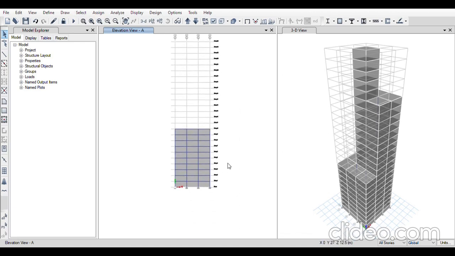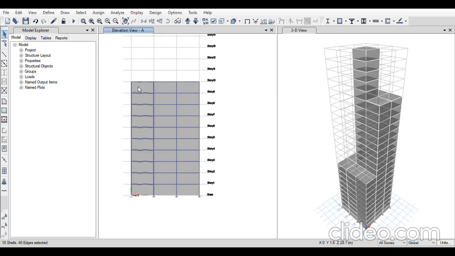Now this is the windward side. Now I'll select these shells and I'll go to assign shell loads. I'll take wind pressure coefficient, which is 0.8 windward. Now I'll click on OK.